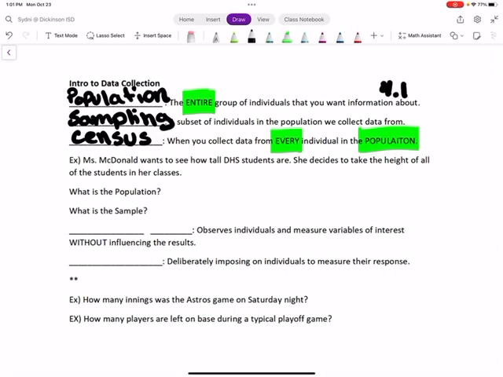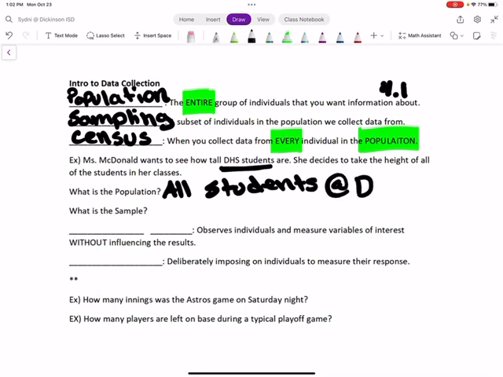Okay, so the next thing that we're going to do is an example. Miss McDonald wants to see how tall Dickinson High School students are. She decides to take the height of all students in her classes. So for this case, we're trying to figure out what is the population. Who is she trying to get a generalization about? And that would be all high school students. That is the population. So all students